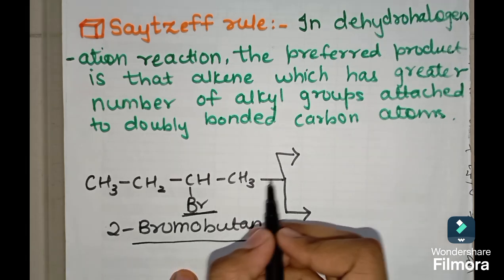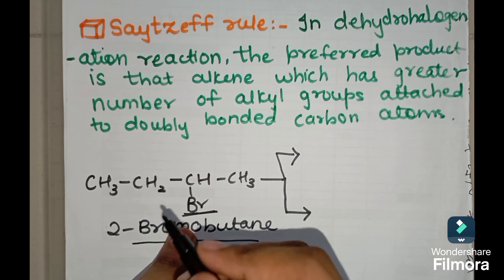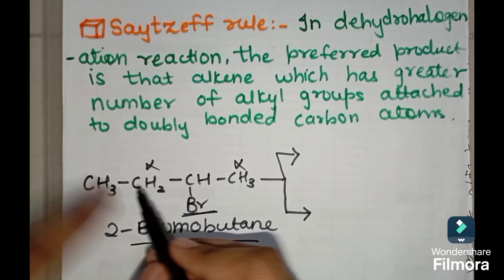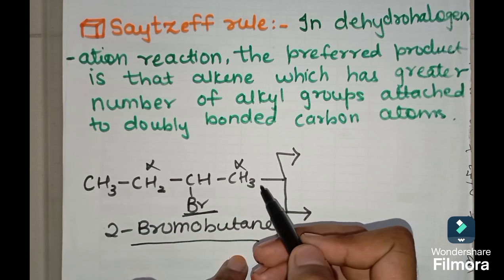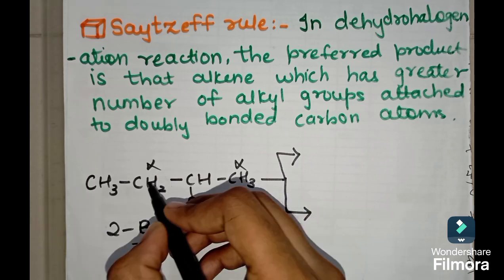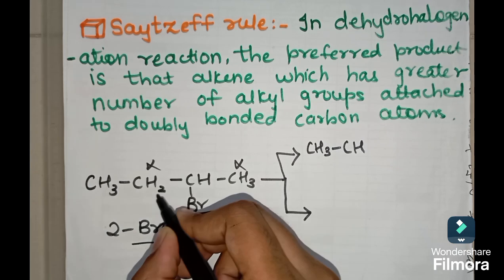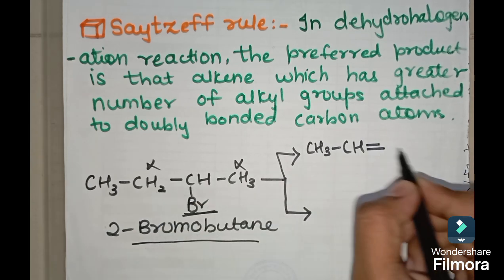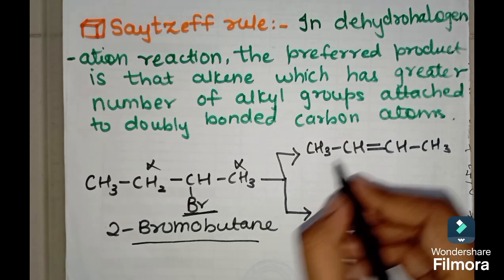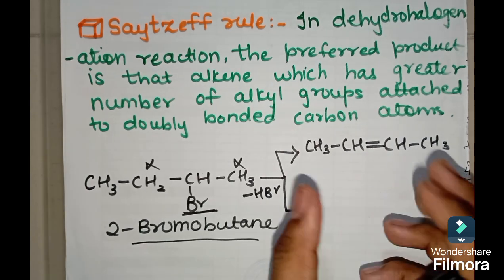So when you react, this halogen is getting removed from this carbon, and now you have two options. Both of these are alpha carbons, right? So now you can remove hydrogen from this carbon and also from this carbon. First we will remove hydrogen from this carbon. Now what will be the resultant compound? Let us see. CH2 will become CH, and there will be a double bond, CH and CH3. Now there's removal of minus HBr. So this one is one of the products.